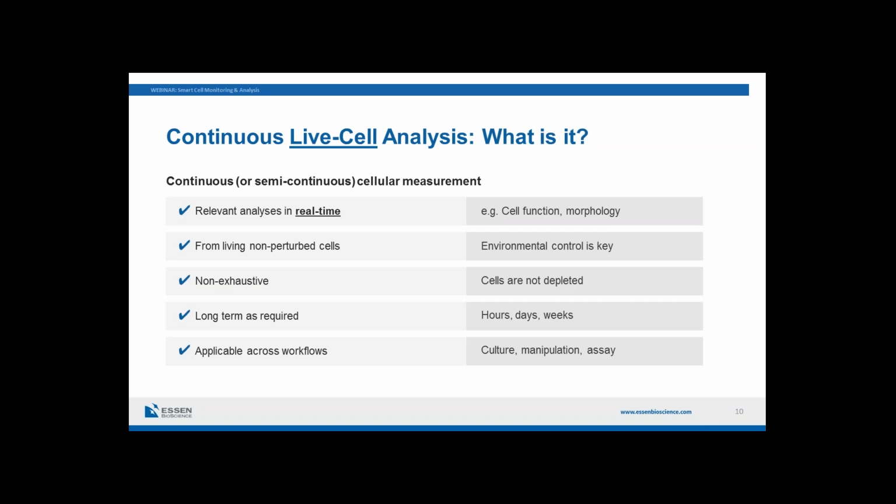Okay, so applying that similar logic to live cell analysis, so continuous live cell analysis, what is it? Well, put simply, it's the continuous or semi-continuous measurement of parameters in cells. So these can be relevant, or should be relevant, analyses in real time. So there may be things like cell function measurements or morphology measurements or phenotype measurements. The measurements should be made from completely non-perturbed living cells, in which case the environmental control of those cells is imperative. Thirdly, the measurement should be non-exhaustive, so you don't want to be depleting your cells each time you make